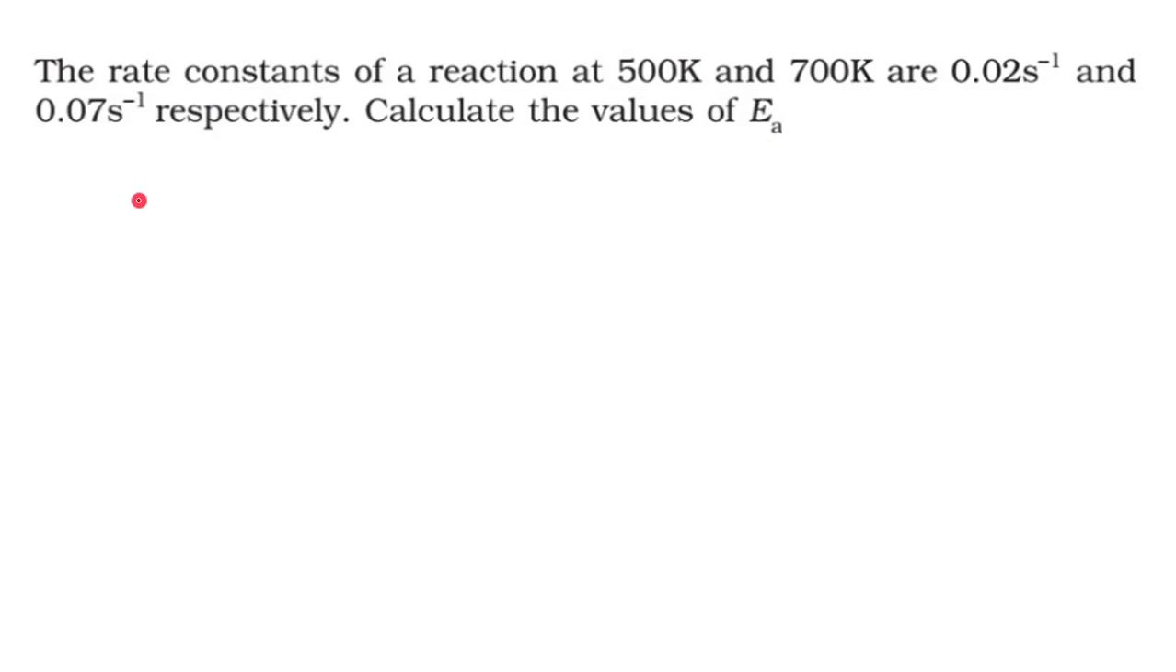So here, rate constants of a reaction at 500 Kelvin and 700 Kelvin are given to you. Rate constants are nothing but the K values given at two different temperatures, right? So the lower temperature will be taken as K1 and the higher temperature rate constant will be taken as K2, because with the increase in temperature, the rate of reaction increases as well as the rate constants. So here K1 will be equal to 0.02 per second. The rate constants of a first order reaction are given, right? So K2 is given